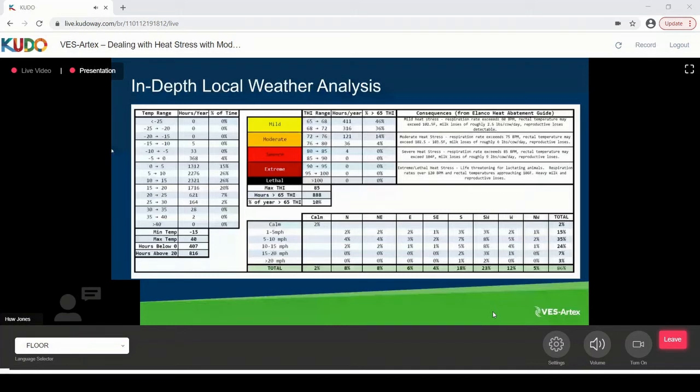So, for example, in this example, 82% of the time, we are between 65 THI and 72 THI, which is considered a mild heat stress. And then around 18% of the time, we are in moderate. And then finally, we just look at the